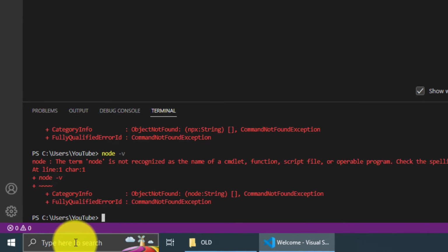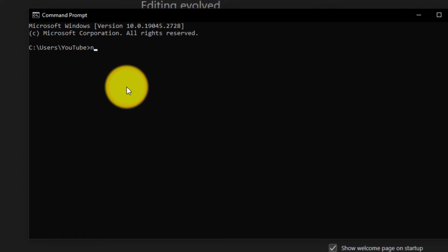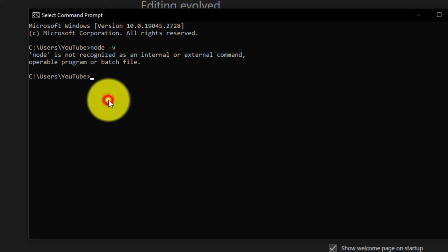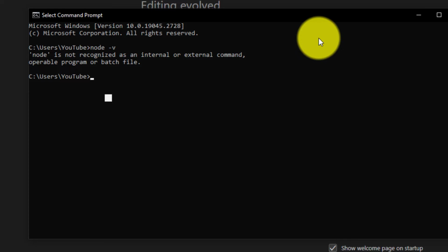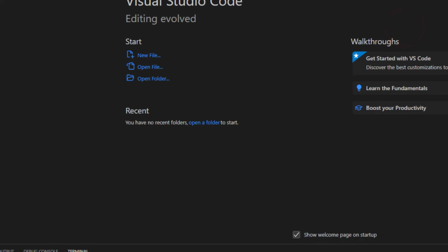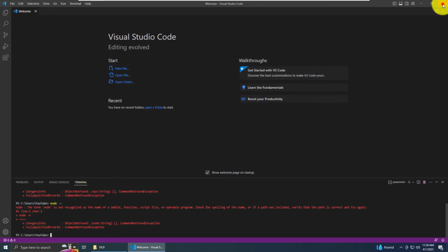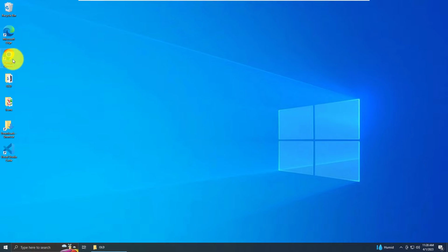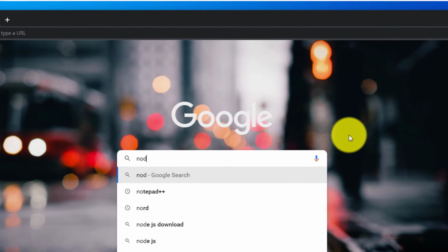Alright, let's open up a command prompt, and we're going to type in node -v. Alright, so Node is not installed. We have to go install that now. So close out your command prompt, close down your Visual Studio Code, and you want to head back to your browser. Now you want to type in nodejs